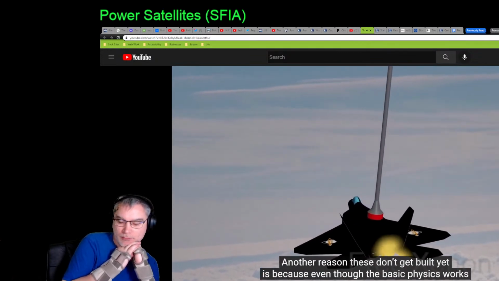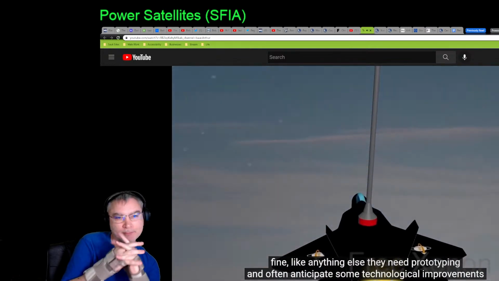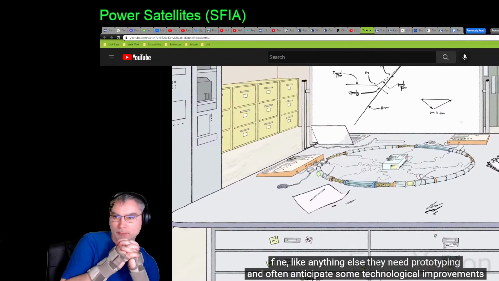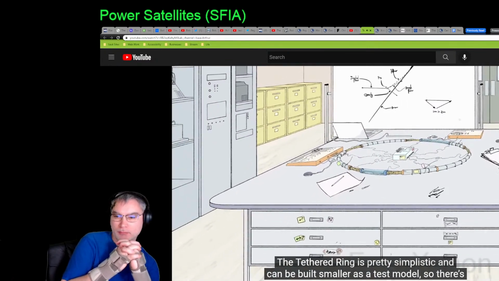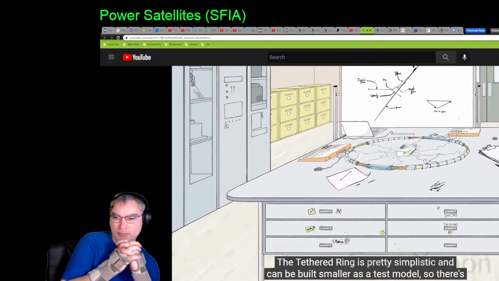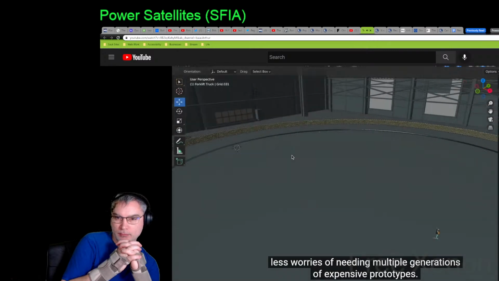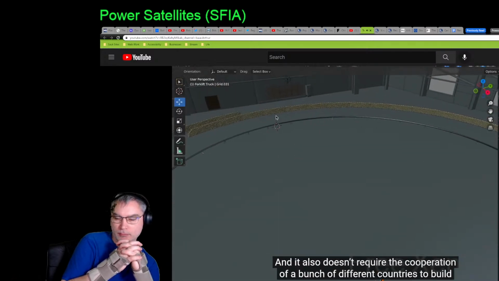Another reason these don't get built yet is because even though the basic physics works fine, like anything else they need prototyping, and often anticipate some technological improvements that would make them way more effective. The tethered ring is pretty simplistic and can be built smaller as a test model, so there's less worries of needing multiple generations of expensive prototypes, and it also doesn't require the cooperation of a bunch of different countries to